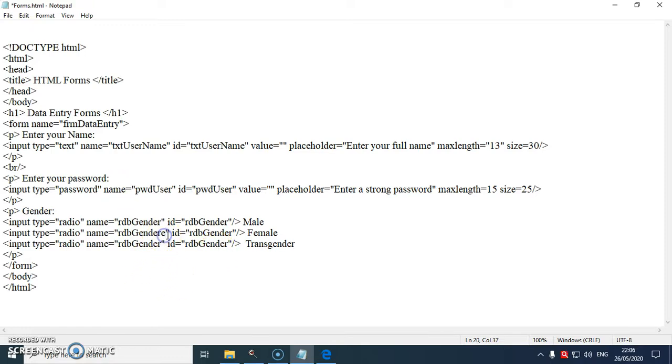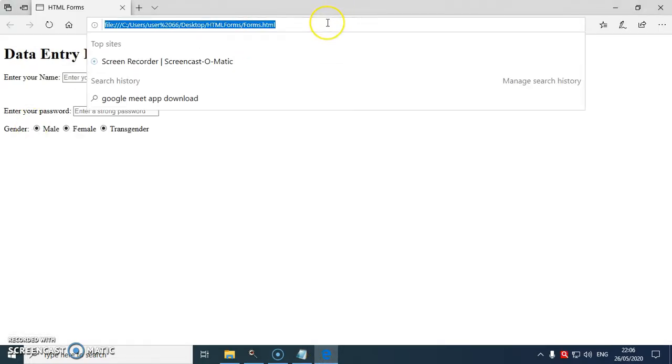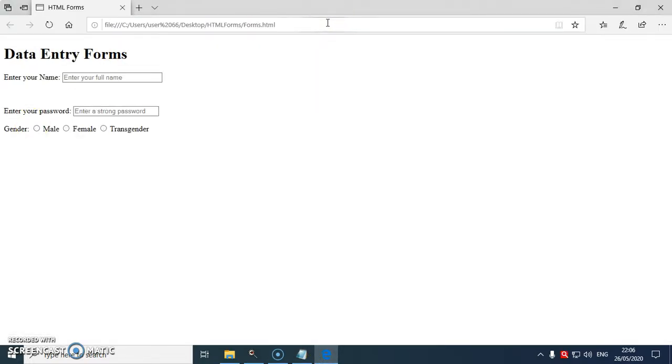I hope it is correct. Control S and refresh. Names and IDs are used to uniquely identify these controls and access the controls in the code.